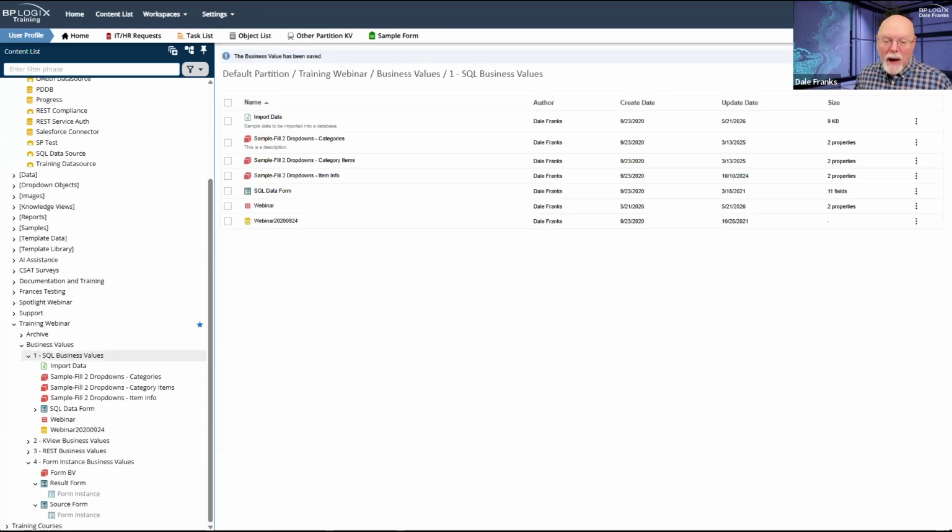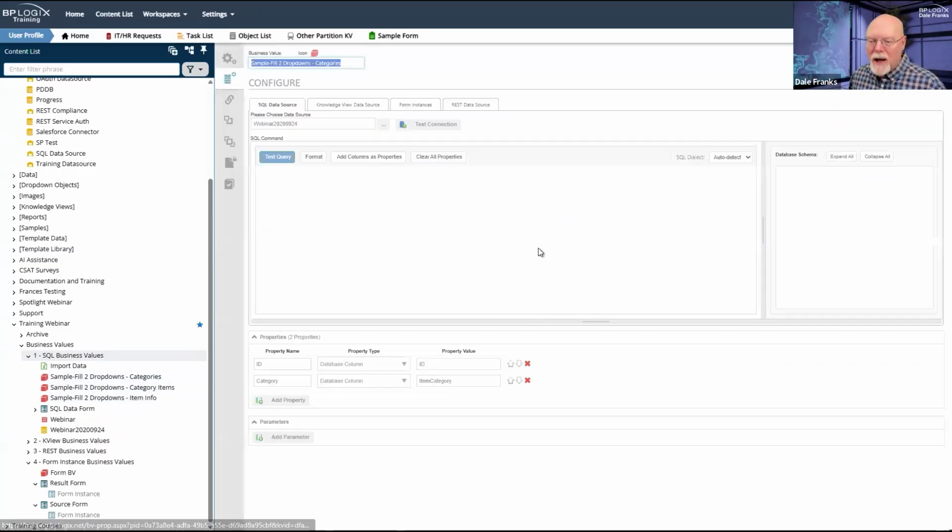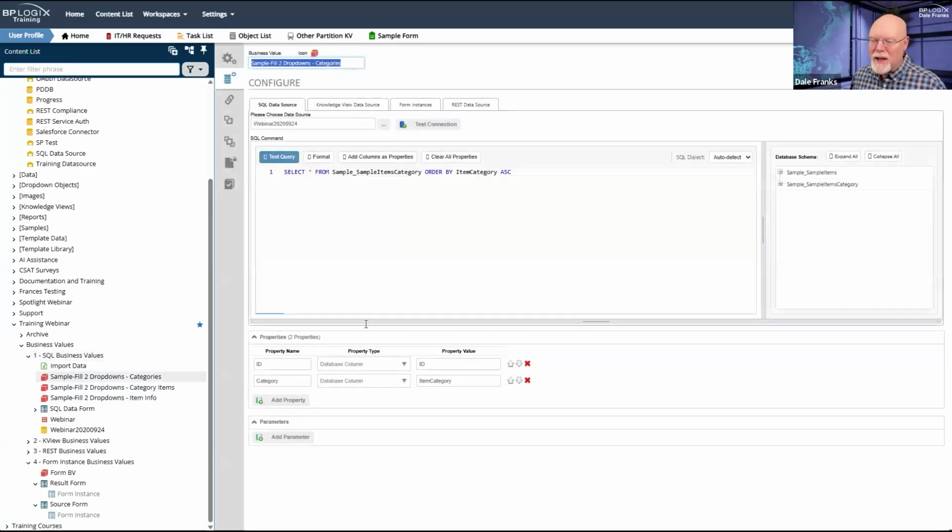And that is, by the way, this business value here, fill drop downs categories. It's essentially exactly the same one, except in this case, we're literally just pulling the categories, not the items. So the category items is the one that we basically just recreated.